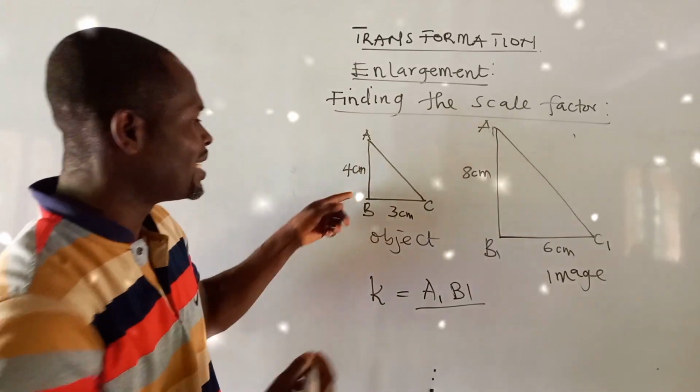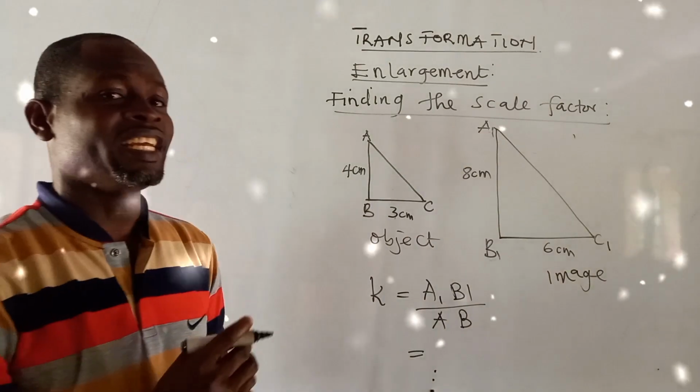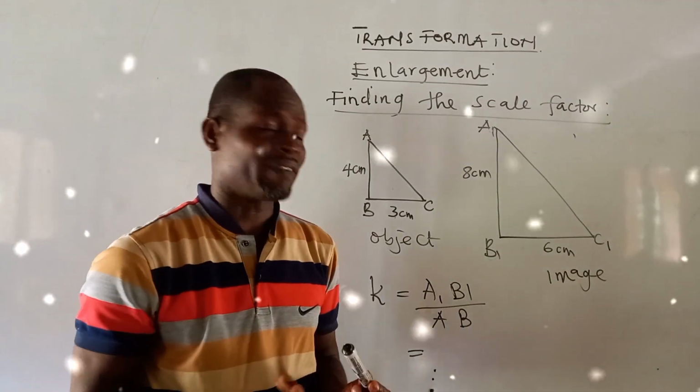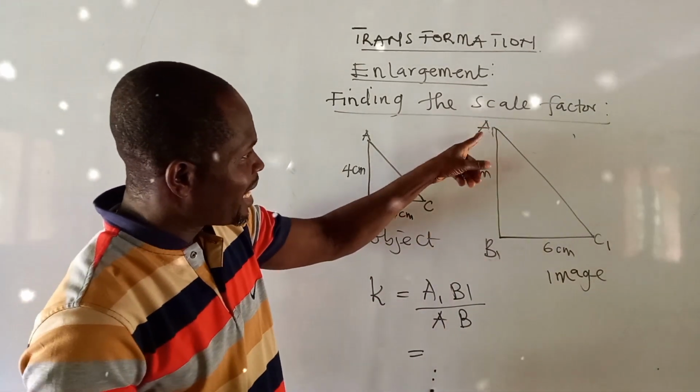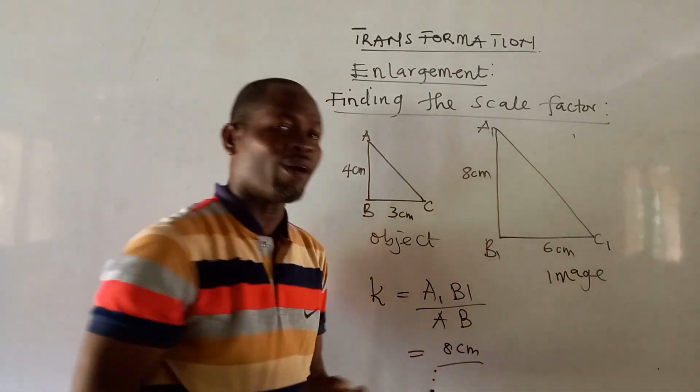The object distance here is the A, B. So we can put the values in to get our scale factor. Now, the image distance here is 8 centimeters. And then the